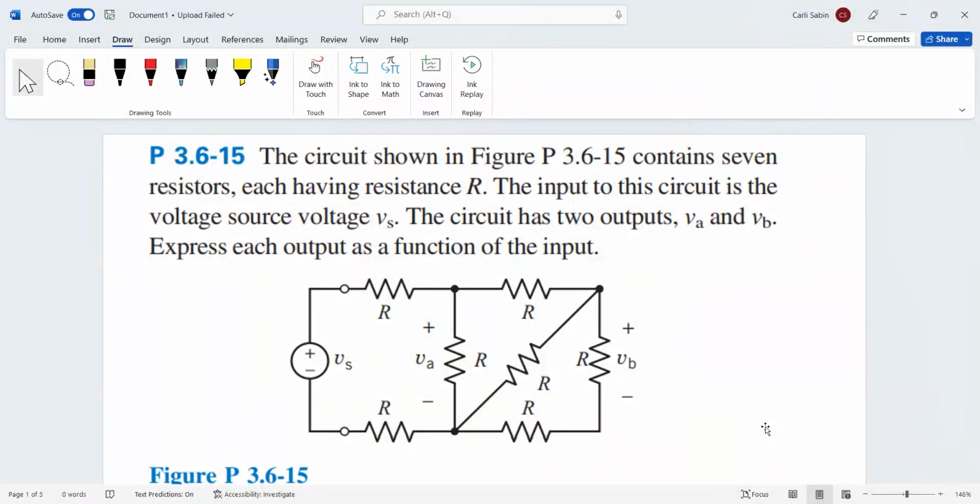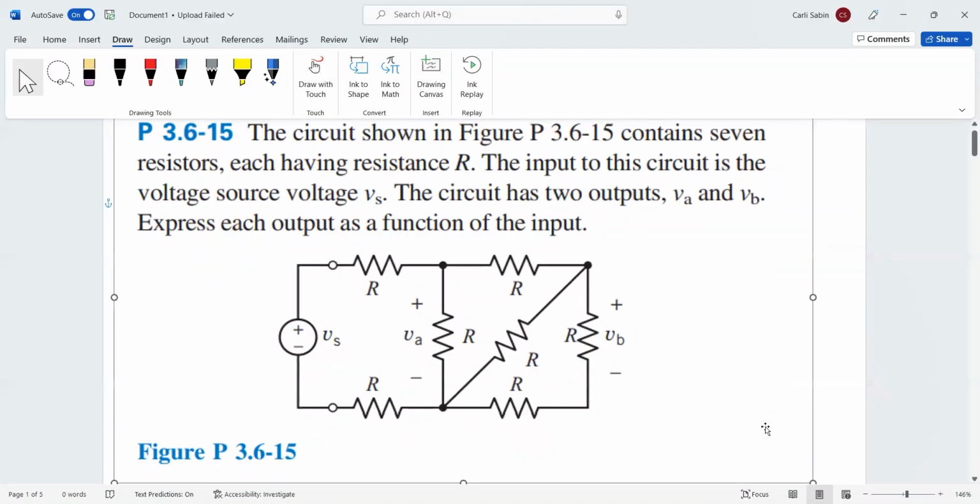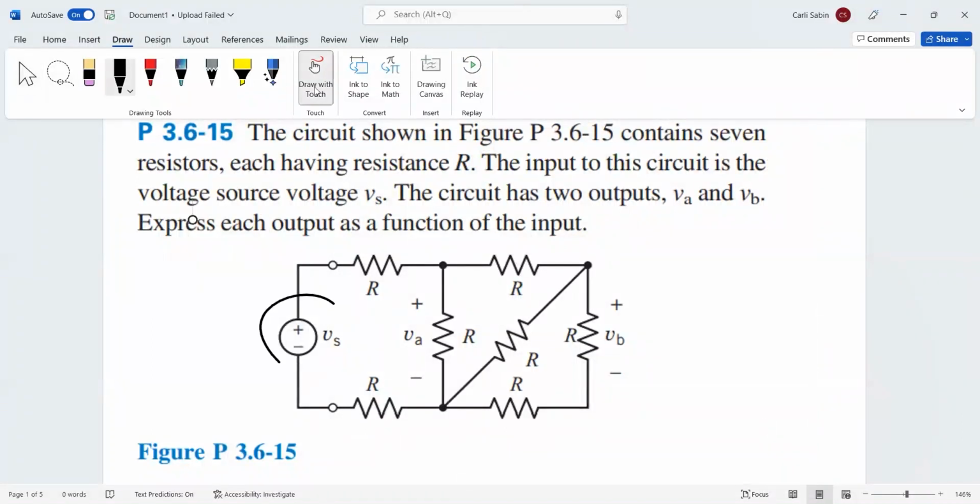Hello, everyone. So today we're going to be working on a problem pulled from the textbook for ECE 3300 or ECE 3320. So this problem is 3.6-15, and the problem here states that the circuit shown in the figure contains 7 resistors. Each resistor has a resistance R. The input to the circuit is the voltage source Vs, which is shown right here, and then